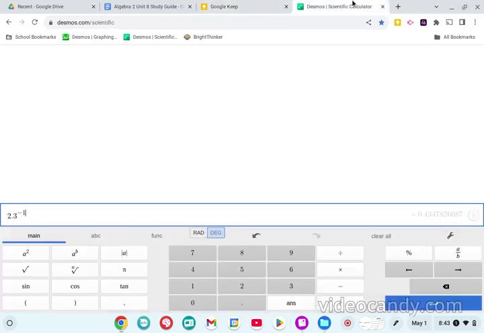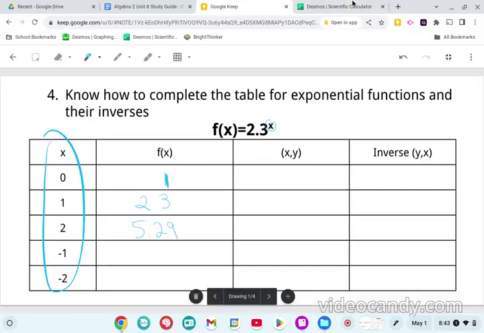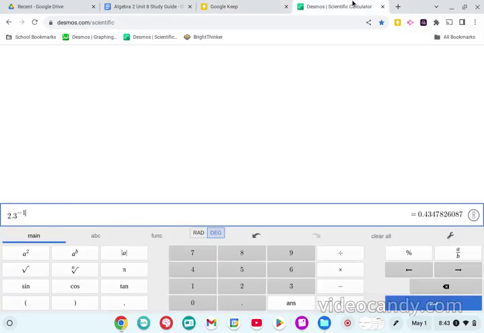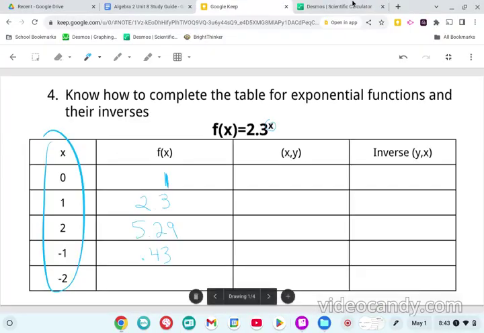Raised to the negative 1 power is 0.43. And raised to the negative 2 power is 0.19. I'll round that. The next column, you're just combining all of that into a point. So this is going to be a point that's going to be 0, 1, 1,